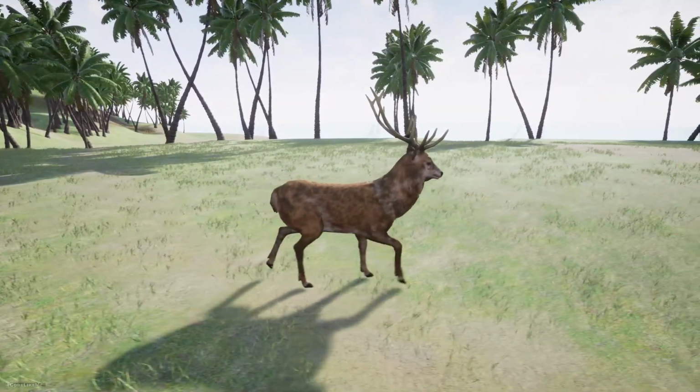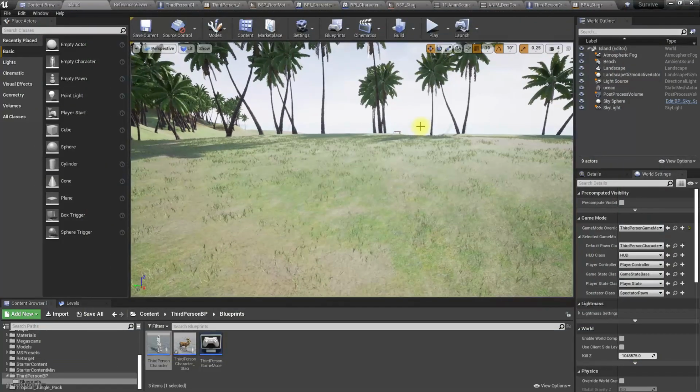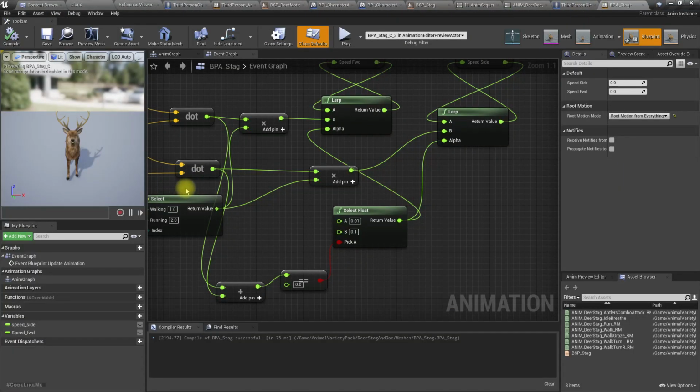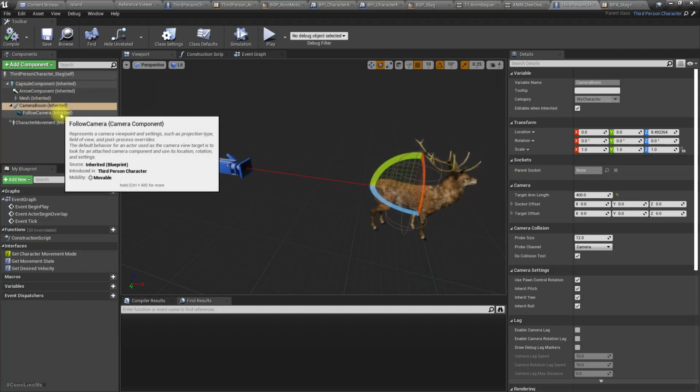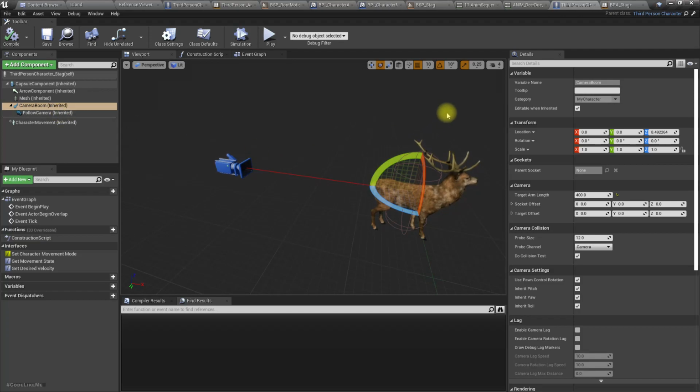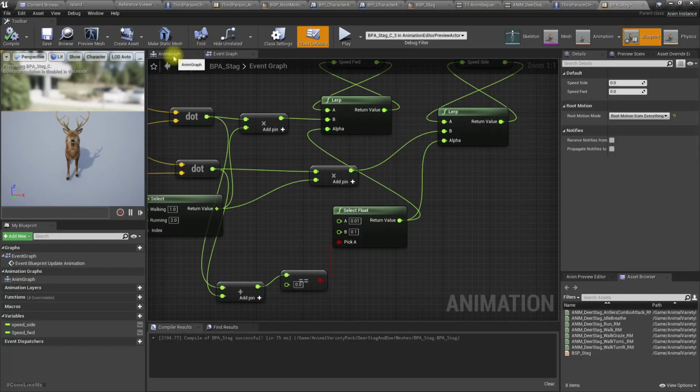The classes means this animation blueprint, we can consider it as one blueprint, and this third person character can be considered as another blueprint, a different component in the system. To communicate between these two components, we use interfaces. And since we are using the same interfaces for the human character and for the stack character, we don't have any problem using different skeletons